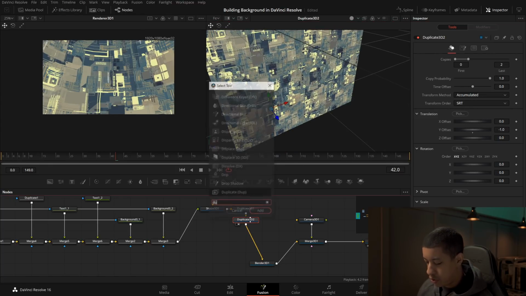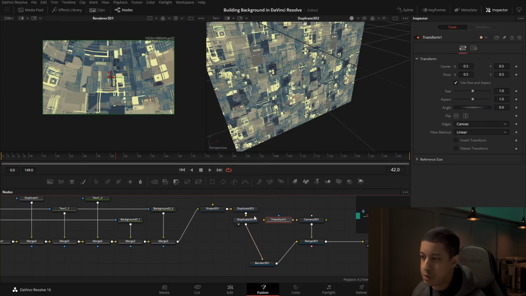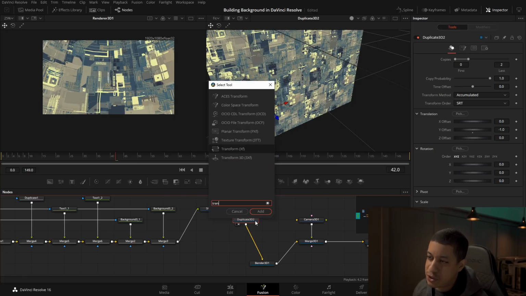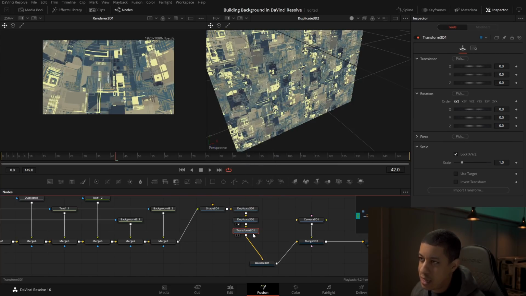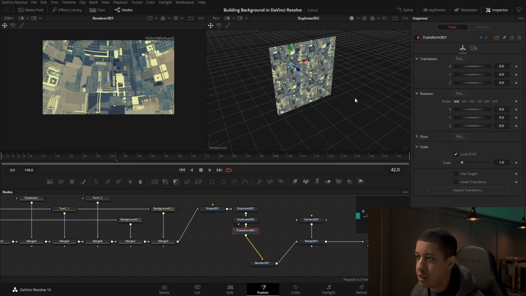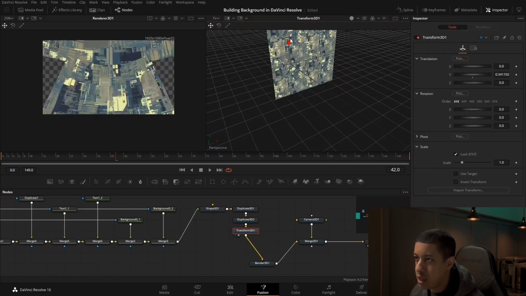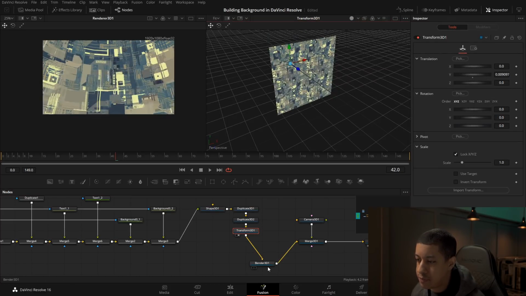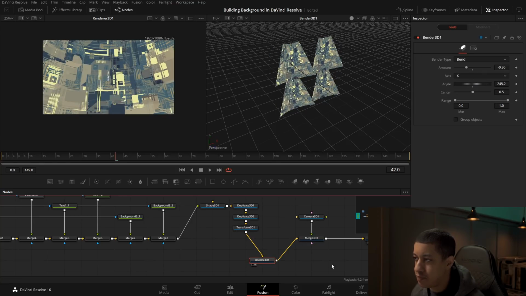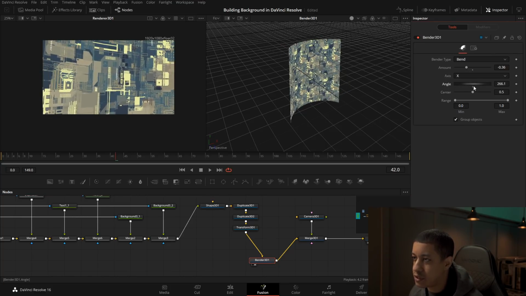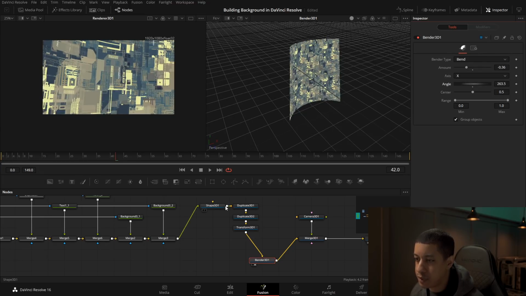And then out of here, you can do a transform. Jeez, I keep doing the wrong transform. Do a transform 3D. And now we can move this whole item around, if I'm actually viewing it, as one item. Then we have a bend, and currently it's bending each one individually. You just go group object. Now it's going to bend everything as if it's one whole object there.